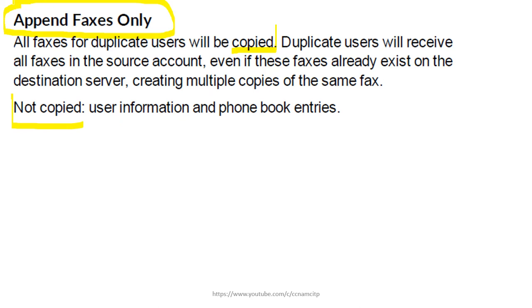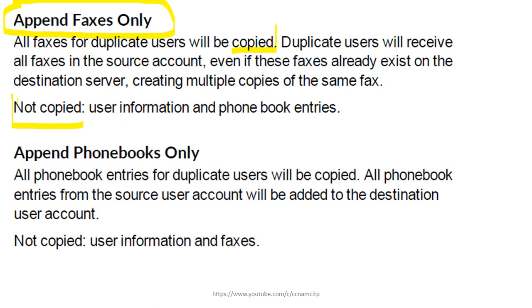Okay, and let's see the next one, append phone book only. Now what will happen here? All phone book entries for duplicate users will be copied. All phone book entries from the source user account will be added to the destination user account. And what is not going to be copied here? User information and faxes. So this is how we can customize